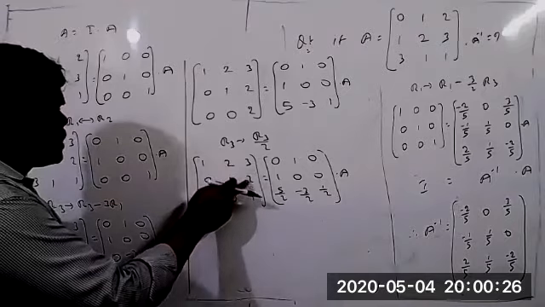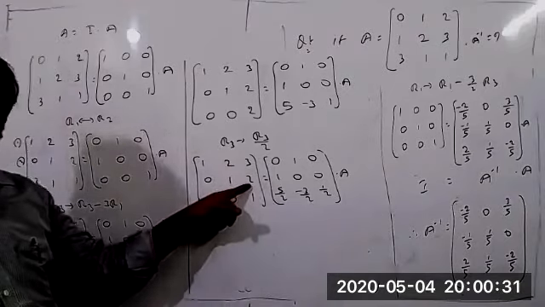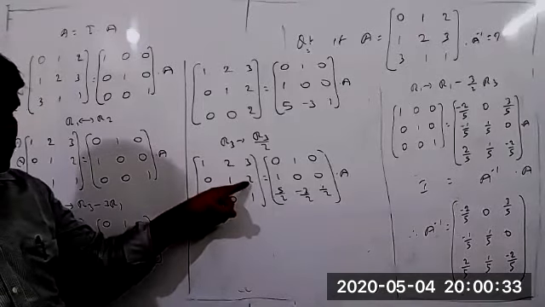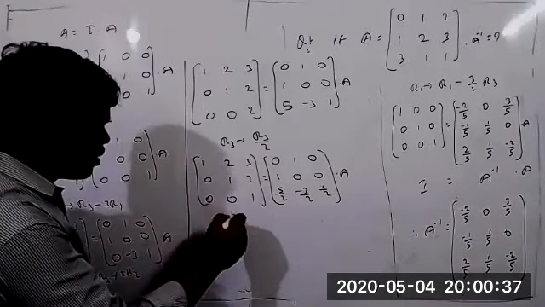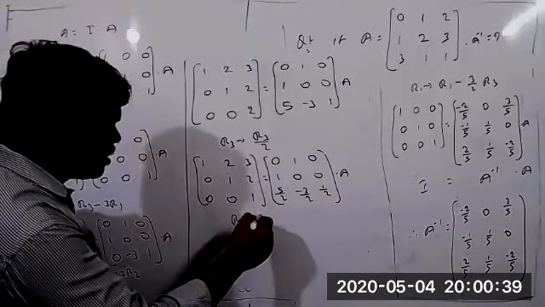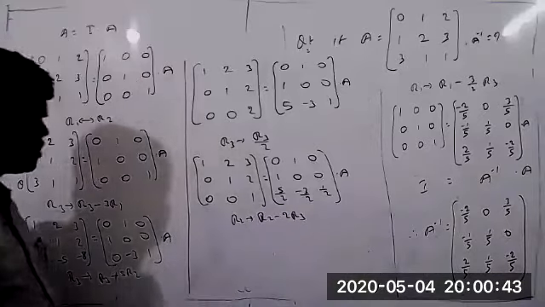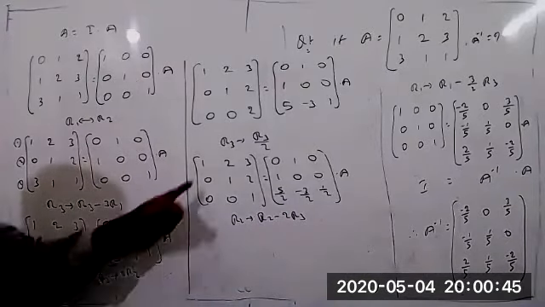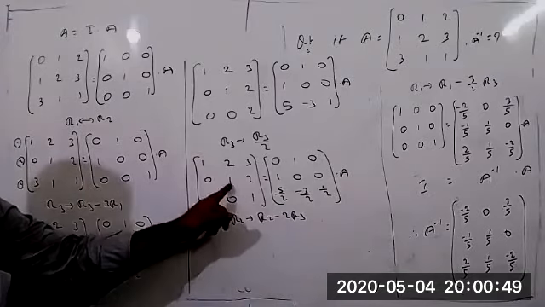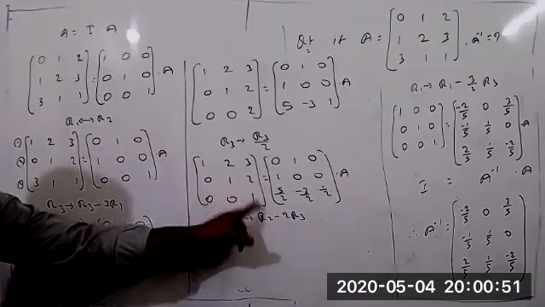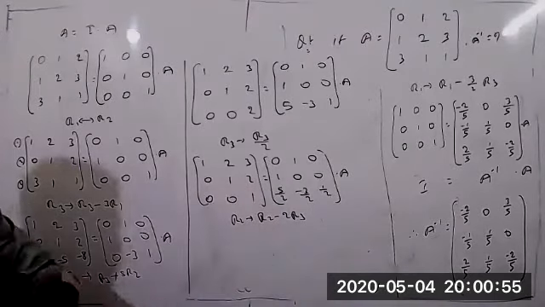Now in place of this, what do you get, tell me? So we get 0, na? Minus 2. Here 0 we require. Yes, sir. Correct. Required 0 means then what do we do? It belongs to the second row. So R2 minus 2 into R3, you can write now. Correct? But 0 minus 0 equal to 0 only. 1 minus 2 into 0 equal to 0. So 1 minus 0 equal to 1 only. But 2 minus 2 into 1 equal to 2. So 2 minus 2 equal to 0.